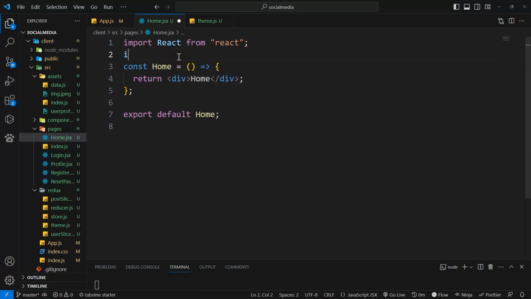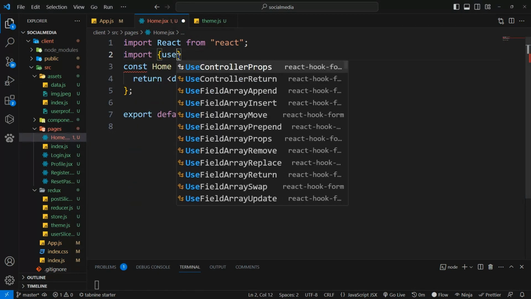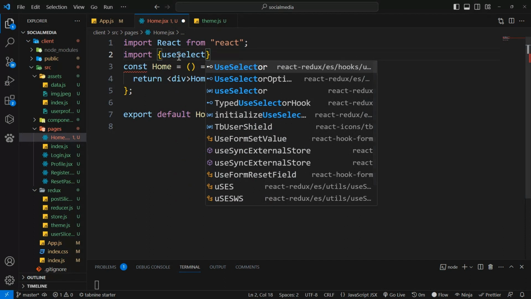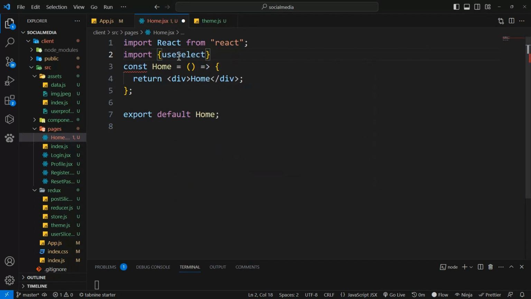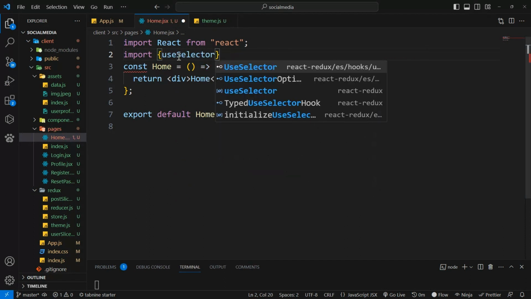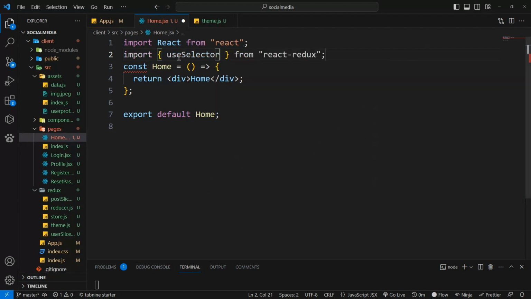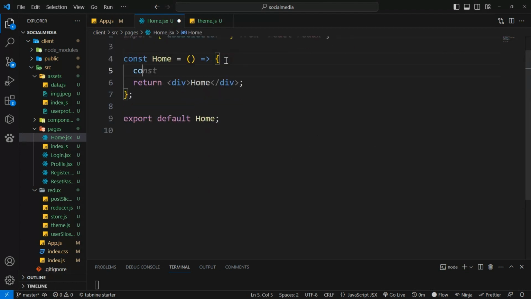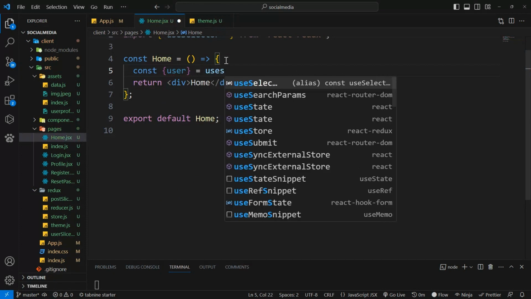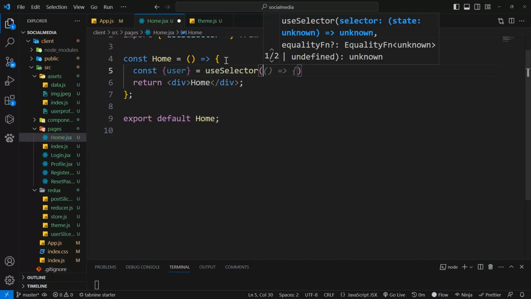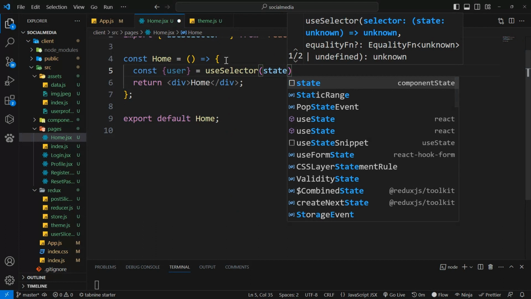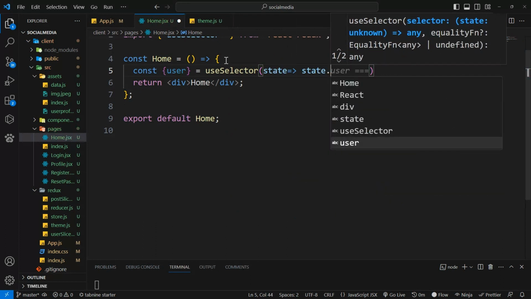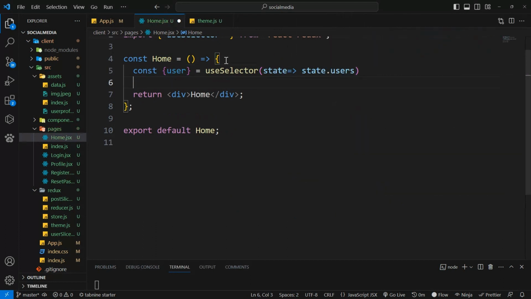Okay, so we'll need to import the useSelector so that we can fetch our user from the state. useSelector from React Redux. Okay, so set user equal to useSelector, get the state, and in the state we have the user state. Okay,